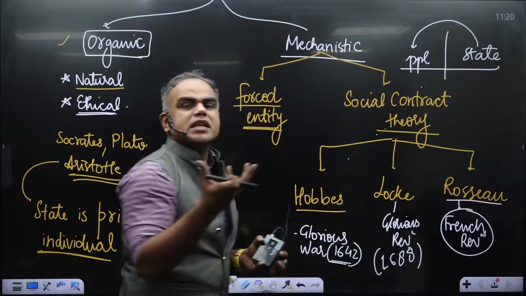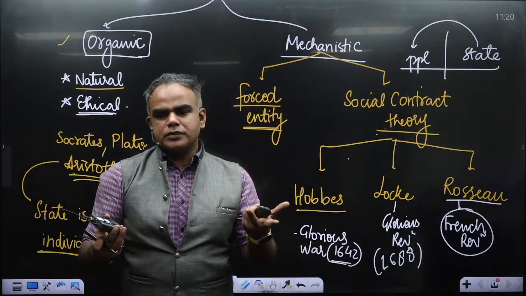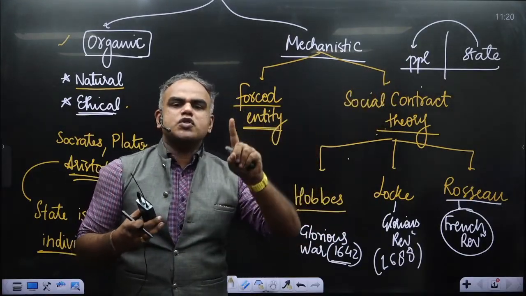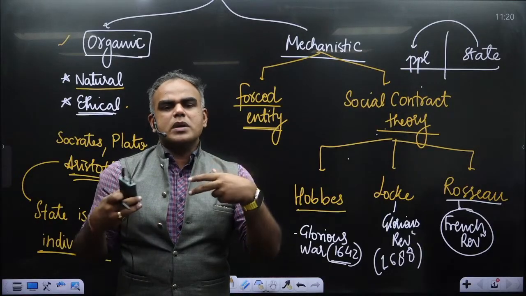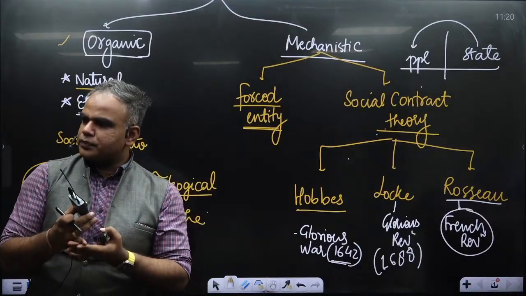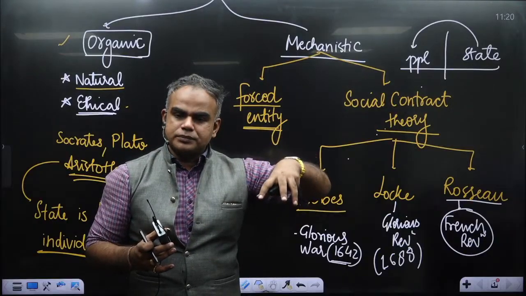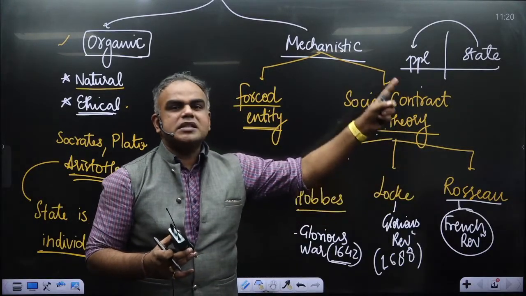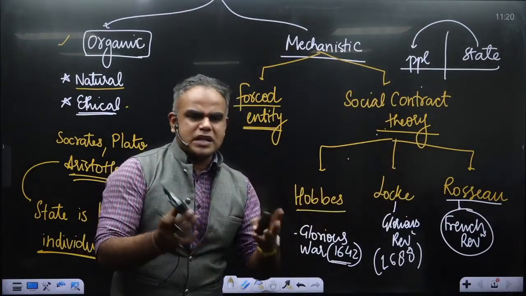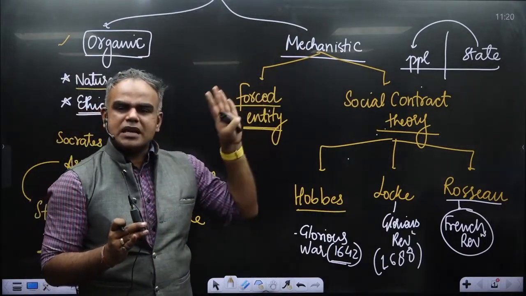For example, Locke says that the role of the state is to provide protection to property, to your life. Whereas Hobbes says that if there is no state, what is human nature, what would it lead to? Life will be nasty, poor, brutish, short. Similarly, Rousseau will talk about the general will, that it is ultimately the state that will ensure harmony. All of them have different ways to achieve their ends. That is not the purpose, but the main thing is to know that there are different ways in which a state is going to be formed.